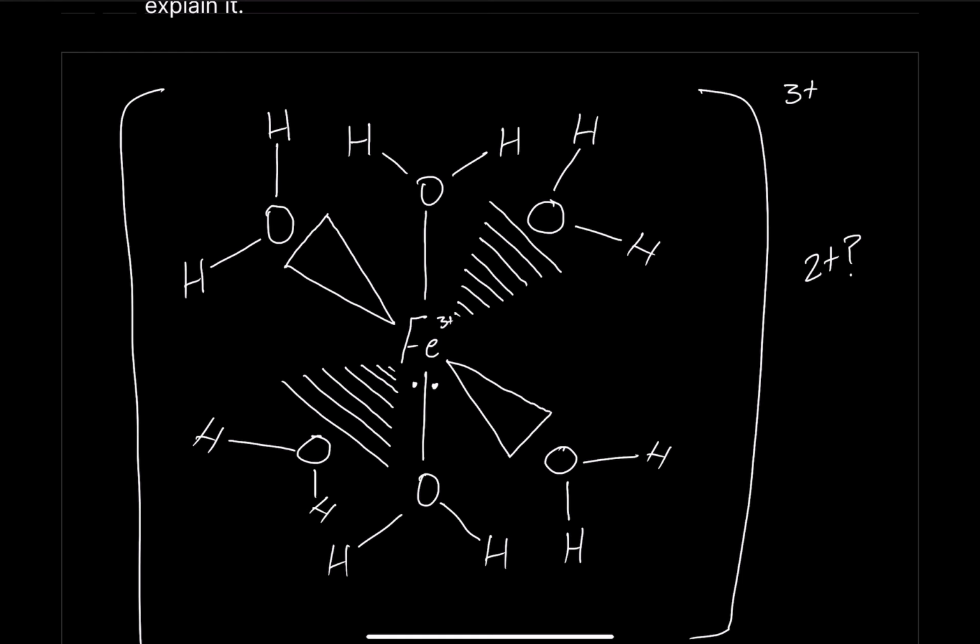And what that's doing is pulling electron density away from the oxygen atom and towards the Fe3+. What's going on now is that you're polarizing this O-H bond here. It could be this one or this one, I'm just going to pick this one for this example. So now this hydrogen is becoming more partially positive. Remember, the hydrogen is already partially positive anyway. But now it's more partially positive than it originally was. Originally it would be like this, where if this was just Fe2+,